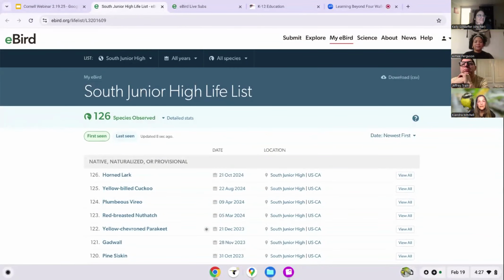By the way, I said 127 species. I stand by that. This only says 126 because of the bald eagle, which is our mascot, that flew over from the aforementioned water. I didn't have a list going at school. I was standing at the water and I called my friends at school and said, make the kids look up. And they did, and they saw the bald eagle. So 127 species.